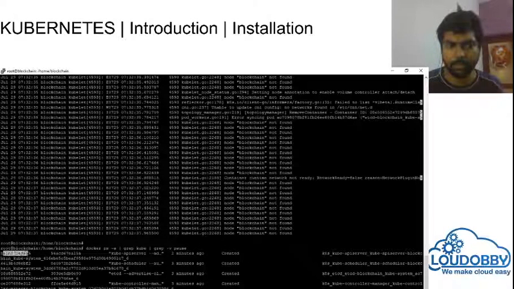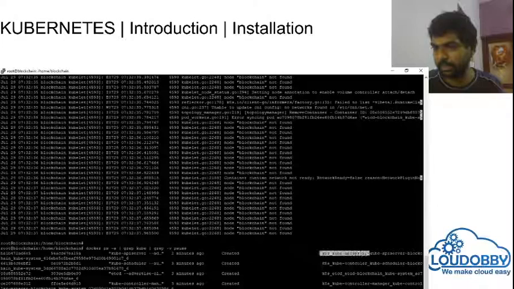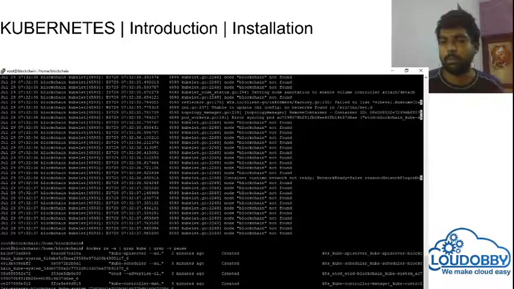This is the id, this is the name. K8s is nothing but Kubernetes. I can see API server, scheduler, etcd, and controller. These four we have discussed as the master server. So right now, my master node is ready. I can see all four services which we discussed are working.